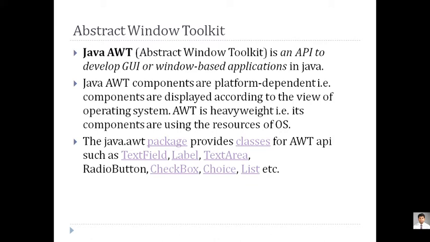That is, components are displayed according to the view of the operating system. So whenever you are creating a specific Windows based application for different operating systems, what you have to keep in mind is that you should be very specific about the placement, that is the element where it should be placed, and the representation of elements, because as the product it will get executed on different operating systems, because Java itself is what is called platform independent. But as far as AWT is concerned, it is platform dependent. So that you have to keep in mind.